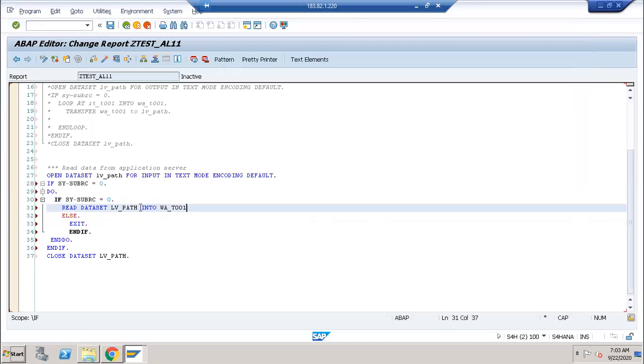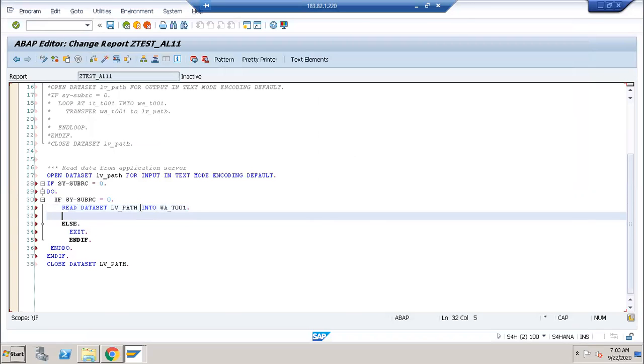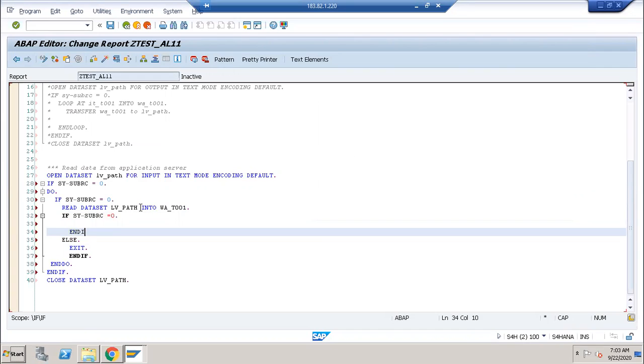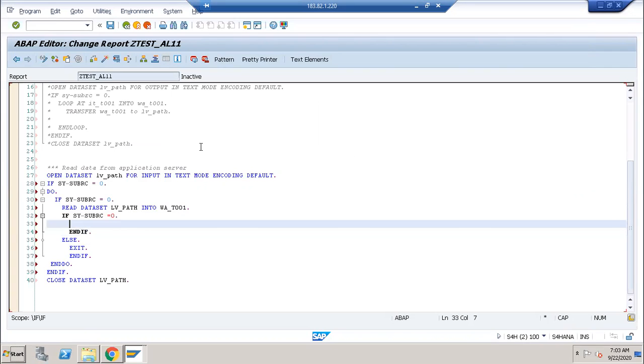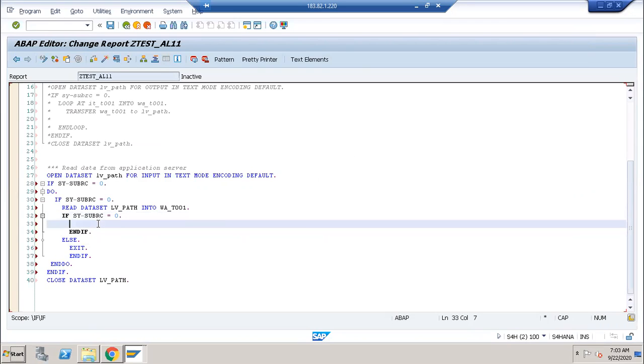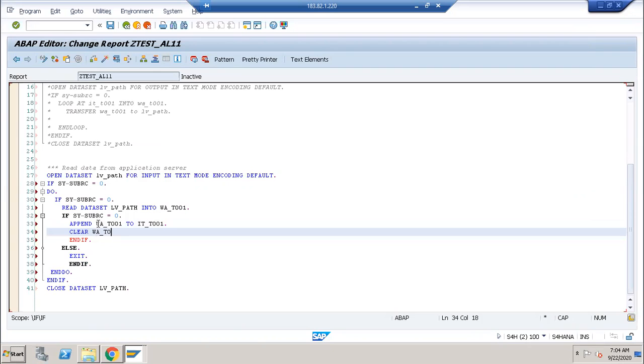And here, if size of RC equal to 0, in each and every line I am taking the size of RC. That is important here, I am checking whether the data is coming or not. If the data is coming, then APPEND work area to internal table, CLEAR work area.